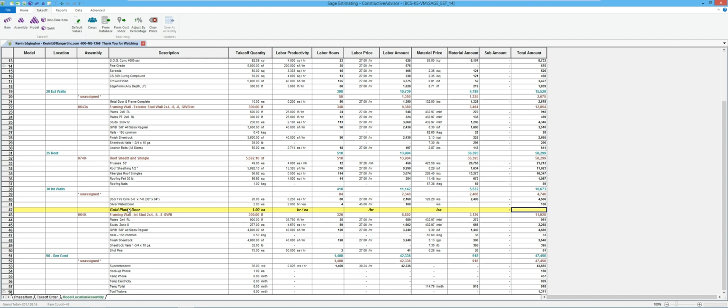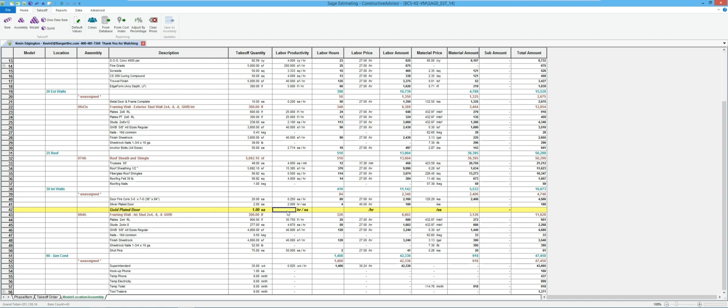If I take a look at this silver plated door, in the database, I had put in what I thought labor would cost. I thought it'd cost me a couple hours for each one to set and so forth. And so many dollars or so many hours, that's going to calculate it, so much dollars per hour. That gave me some sort of amount for labor. But I've still got danger here in the fact that I could submit this bid and never have put in this material price.